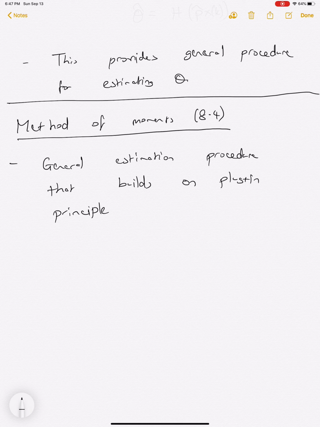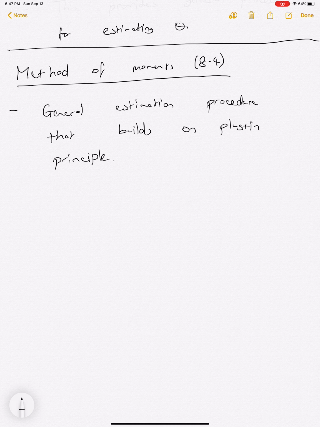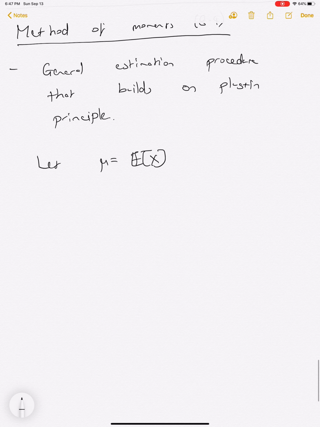So what does the method of moments estimator mean? It means if we let mu equal the expectation of X, and theta is equal to some function of mu,